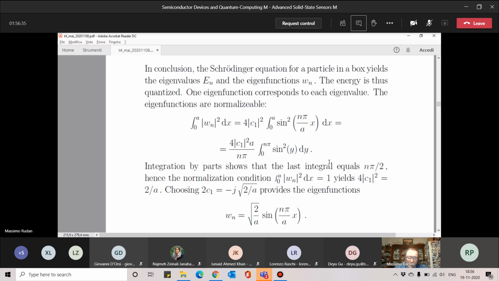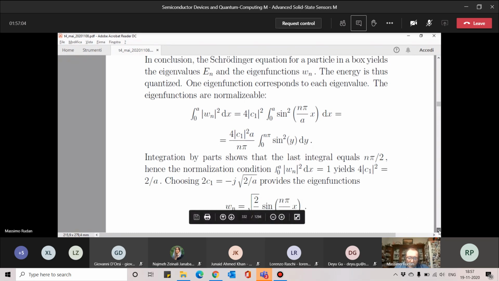But this n pi kills the n pi in the denominator. And finally, we impose that the full integral is equal to 1 in order to achieve the normalization. When we do so, we have an expression involving the last constant, C1, when we impose that the integral is equal to 1,